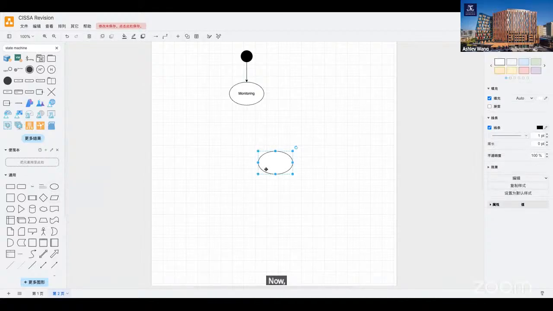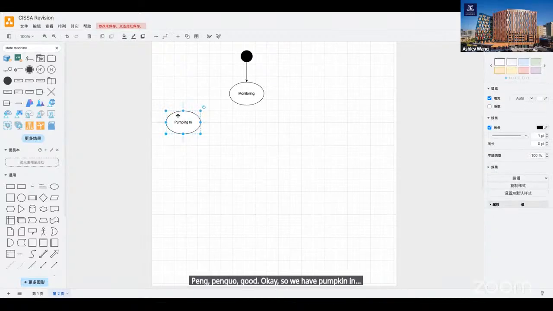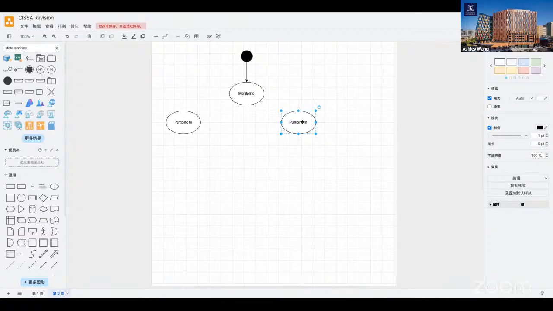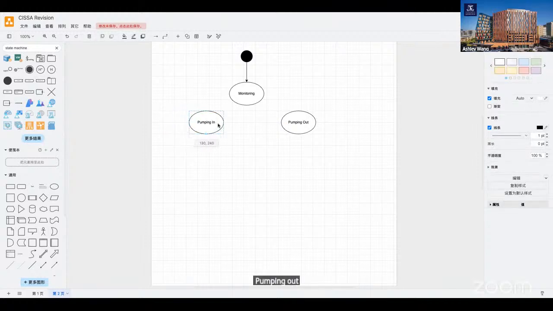Now, what state do we have? What else do we have? Pumping out, good. Okay, so we have pumping in, we will have pumping out. Pumping out, that's good.